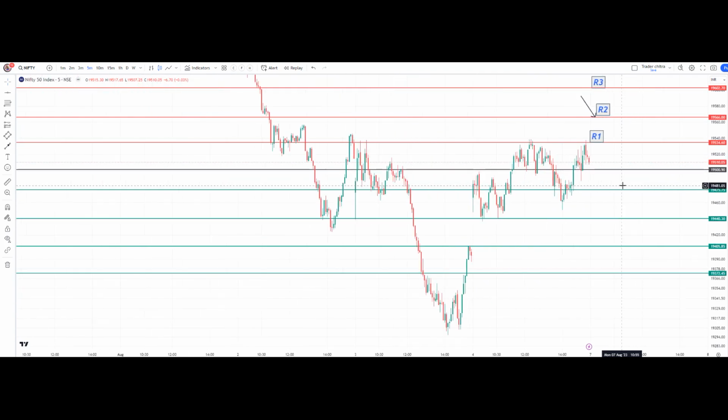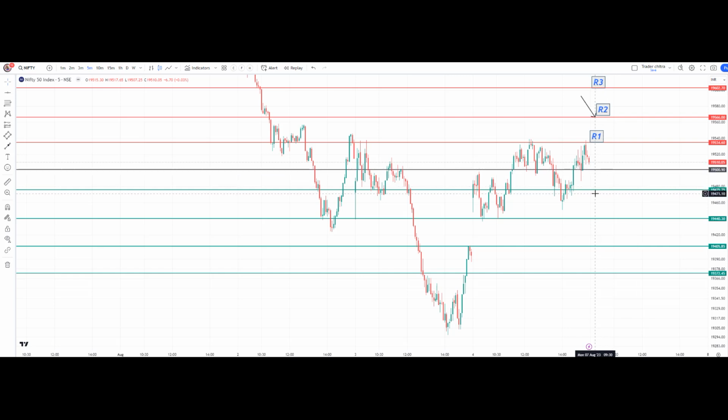So if Nifty gives a breakdown below 90,500, the levels which I have marked in green are the support zones. All right. So the first support for Nifty is 90,475. And we can see that on 3rd August there was a fall in Nifty from this particular level, that is 90,475. From there we can see that Nifty has given a downfall till 90,300. Alright. So if Nifty gives a breakdown below 90,500,